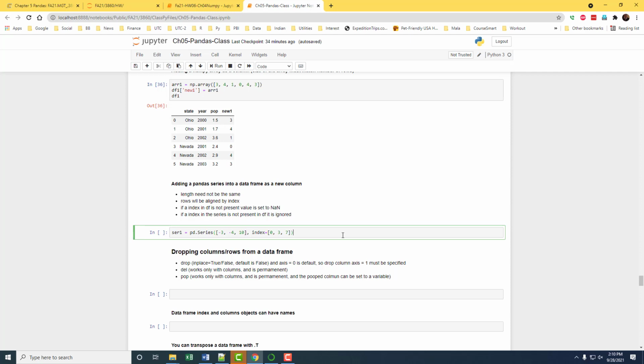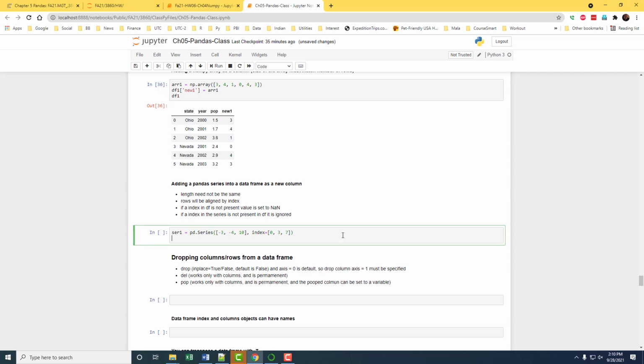So for those rows, pandas will put a value of no value, NaN. Now if you have an index in the series that's not in the data frame, then that value will be ignored. So let's say we take df1,